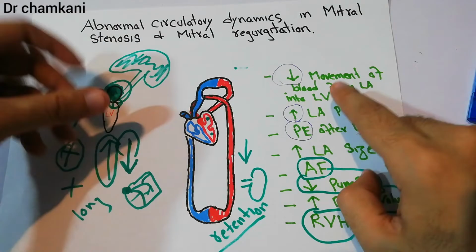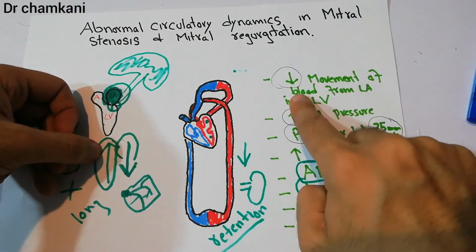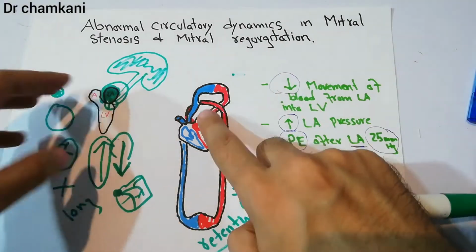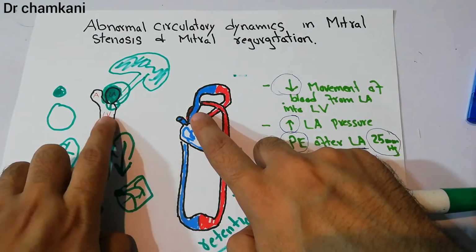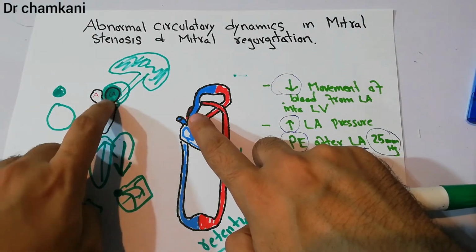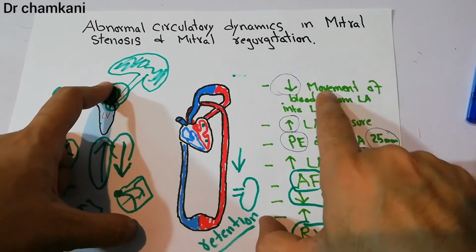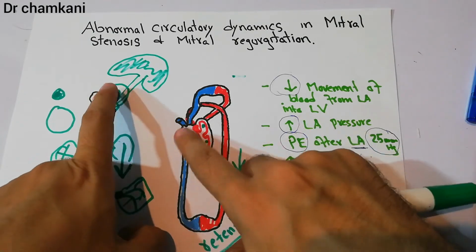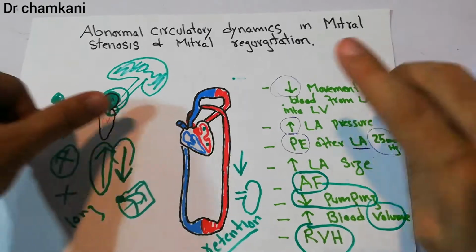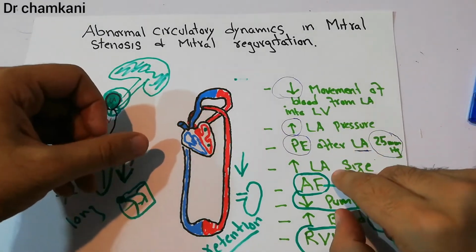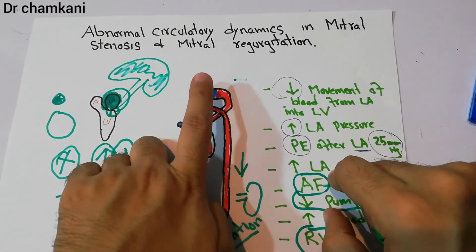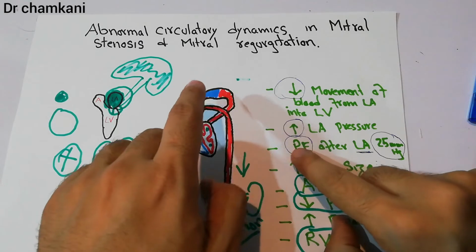What happens is that initially there is decreased movement of blood from the left atrium into the left ventricle. Due to stenosis and due to regurgitation, the blood in the left atrium cannot properly go into the left ventricle, or some of the blood is coming back into the left atrium. So there is decreased movement of blood, which leads to an increase in left atrial pressure. The pressure in the left atrium increases, and due to the increase in left atrial pressure, pressure is transferred into the lungs, and the pressure in the lungs also starts increasing, which leads to fluid collection in the lungs,